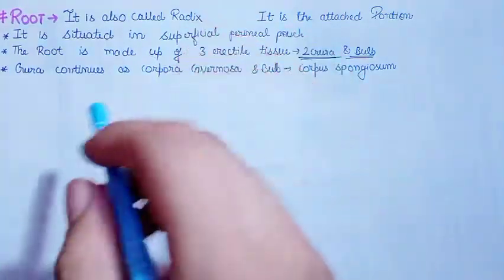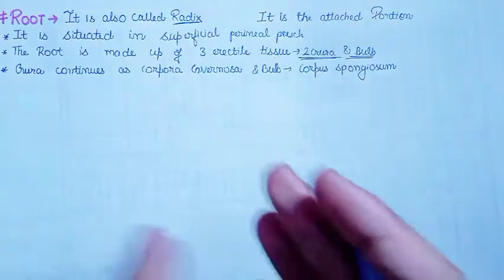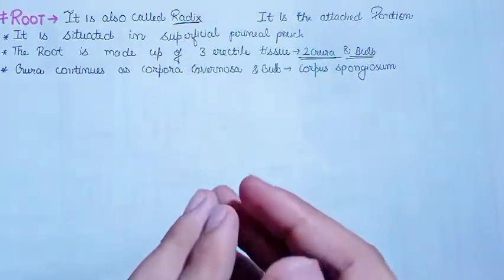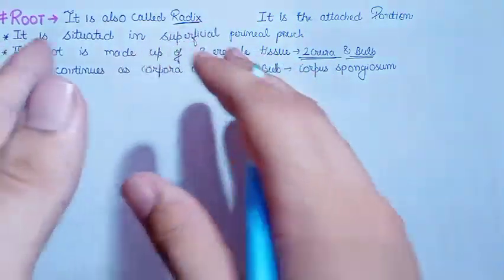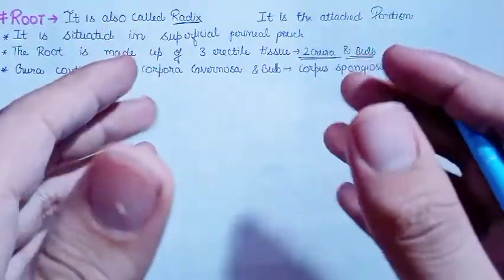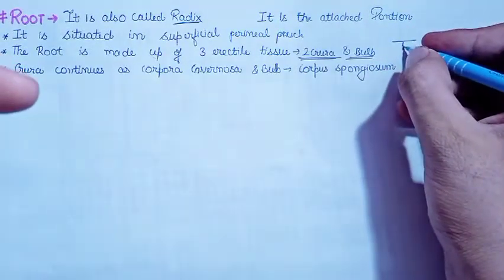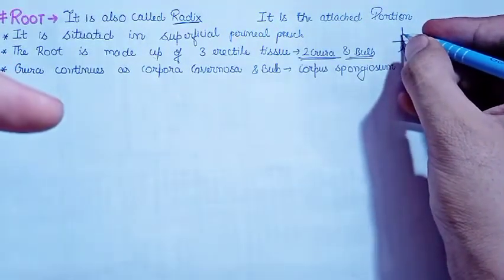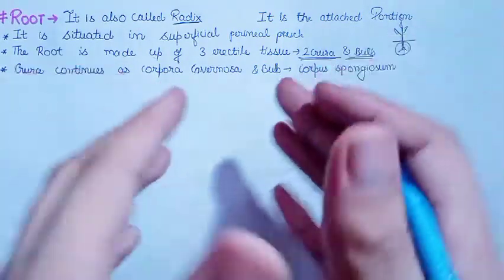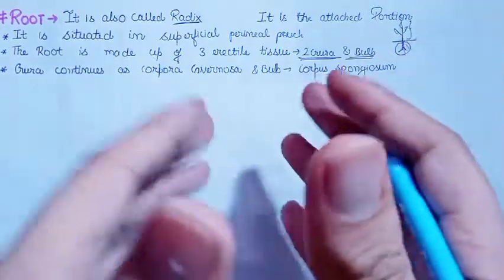So root of the penis is also called the radix. Radix is just another term for the root, so you can refer to the root of the penis as the radix of the penis. Root of the penis is the attached portion. I have told you to consider the parts of the penis as the parts of a plant, as plants have a root and a stem. Suppose this is the root of the plant and this is the stem with leaves on it. So the root part is the attached or fixed part which does not move, and the stem is the mobile or pendulous part.